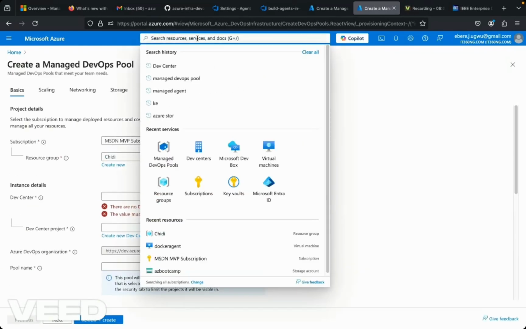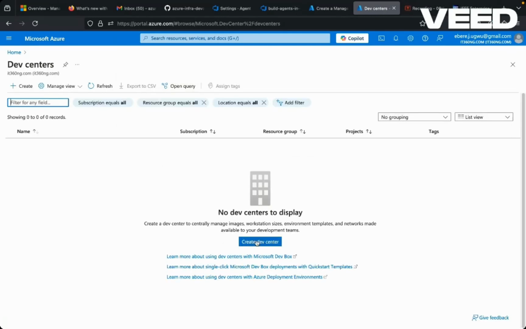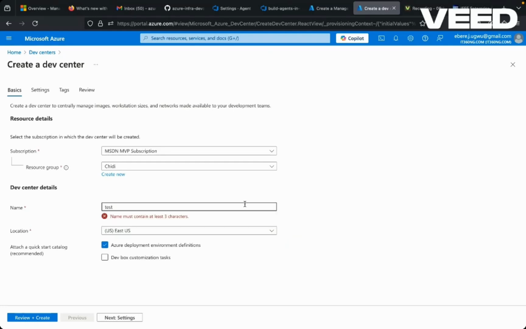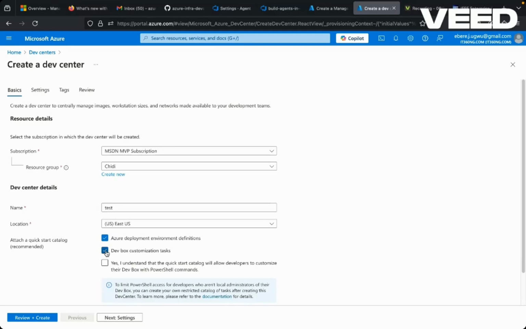So what you do is type dev center, and the environment, and say create dev center. From here you type your desired name, and then other parameters like the location. The major thing here is you have Azure deployment environment, Azure deployment environment definitions. So if you want to use the DevBox customization task, here you can customize it and allow the individual developers